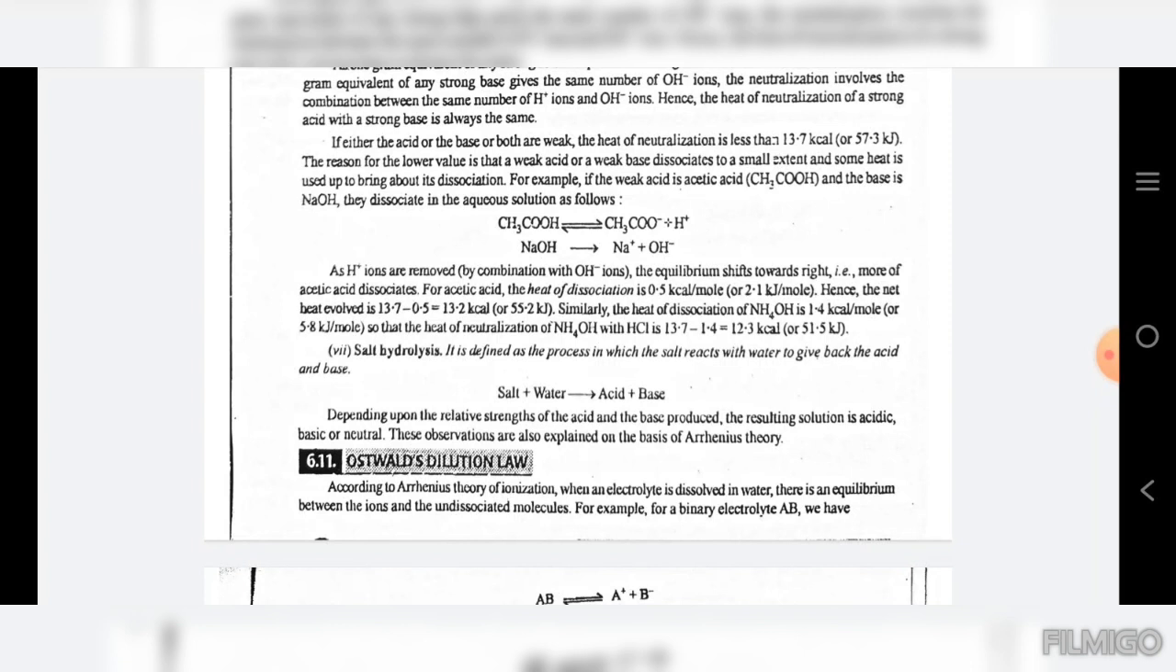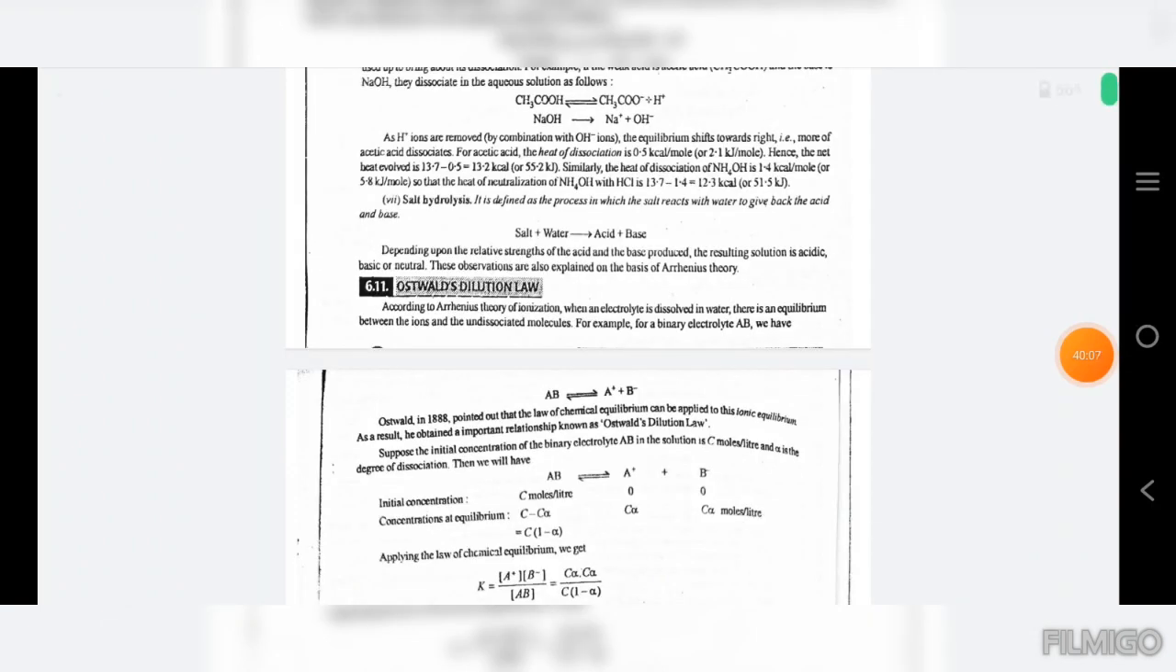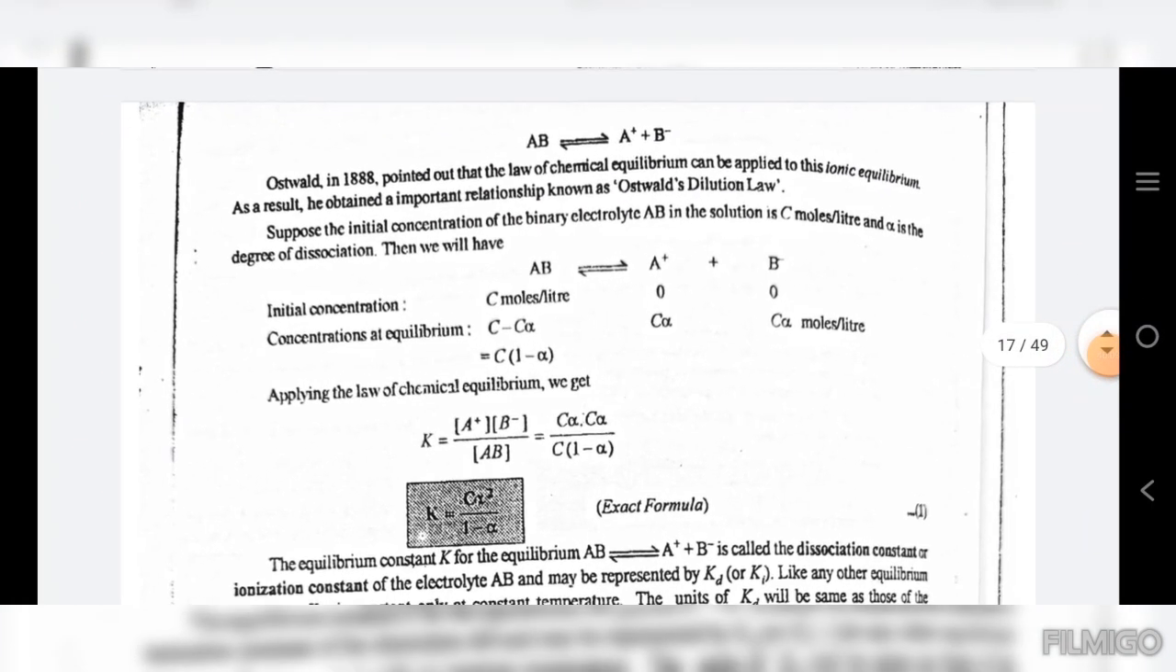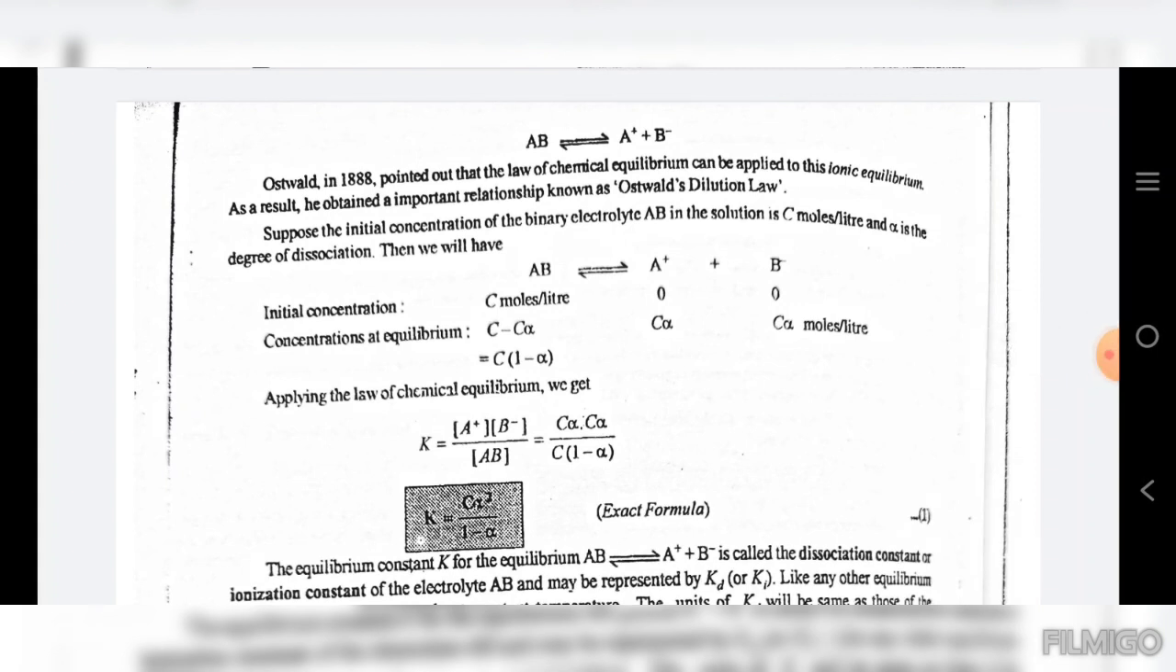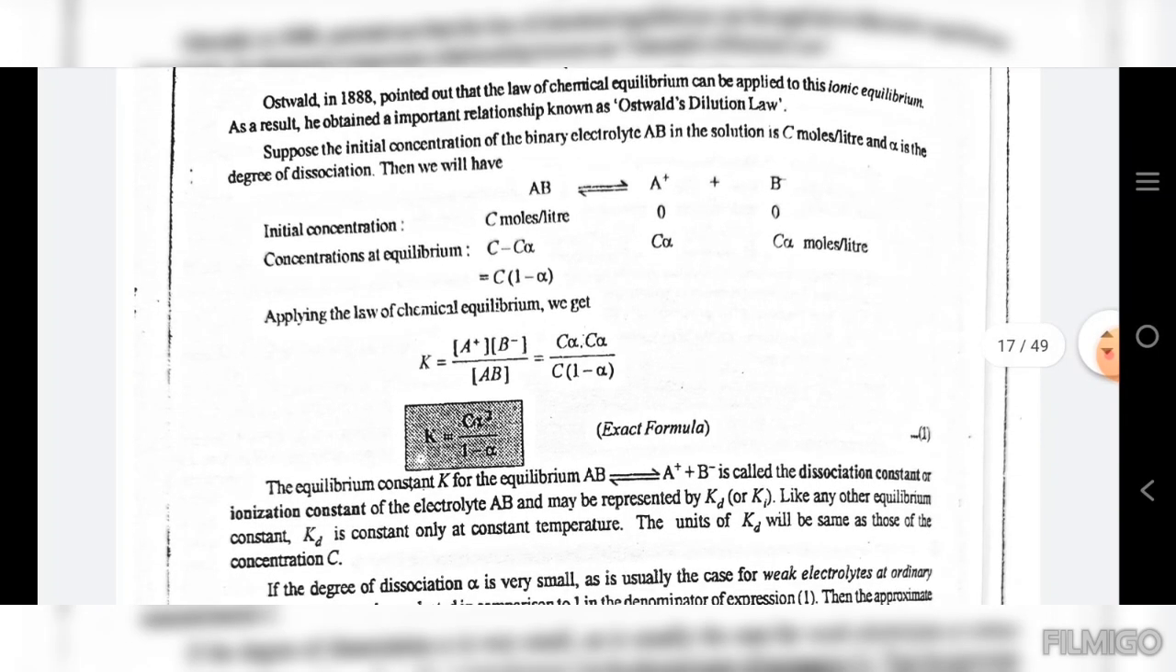Ostwald's dilution law. According to Arrhenius' theory of ionization, when an electrolyte is dissolved in water, there is an equilibrium between the ions and the undissociated molecules. For example, for a binary electrolyte AB, we have: Ostwald in 1888 pointed out that the law of chemical equilibrium can be applied to the ionic equilibrium. As a result, he obtained an important relationship known as Ostwald's dilution law. Suppose the initial concentration of the binary electrolyte AB in the solution is C moles per liter and alpha is the degree of dissociation, then we will have: